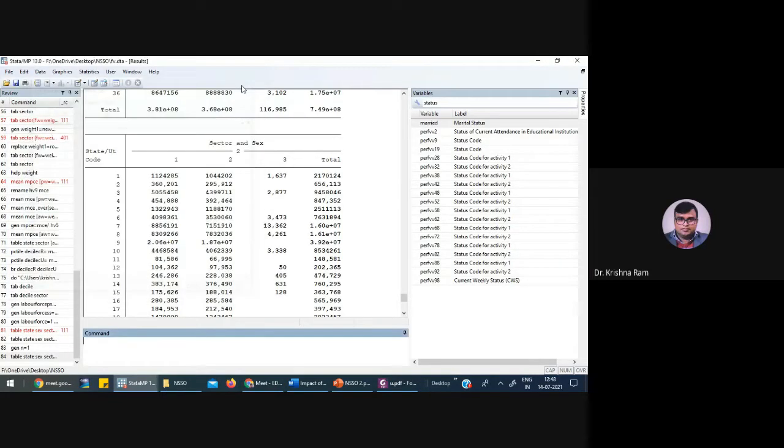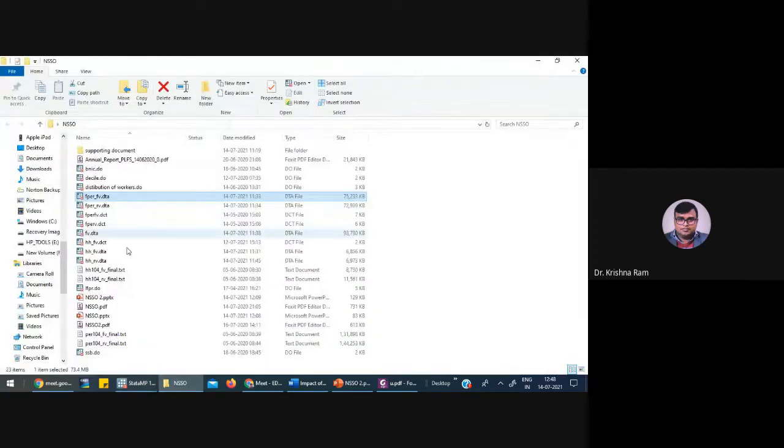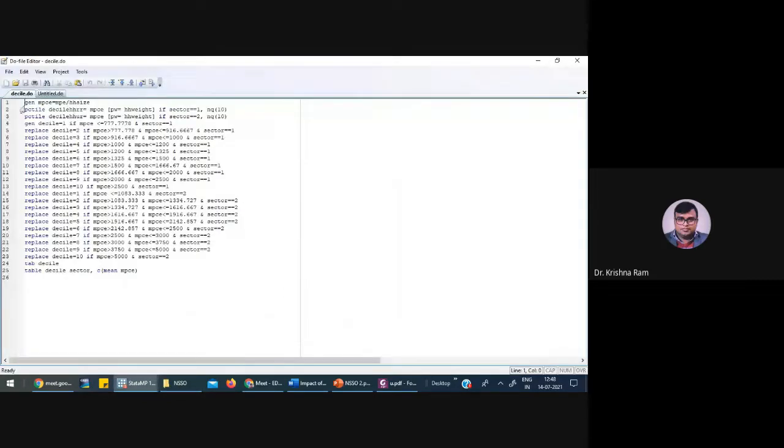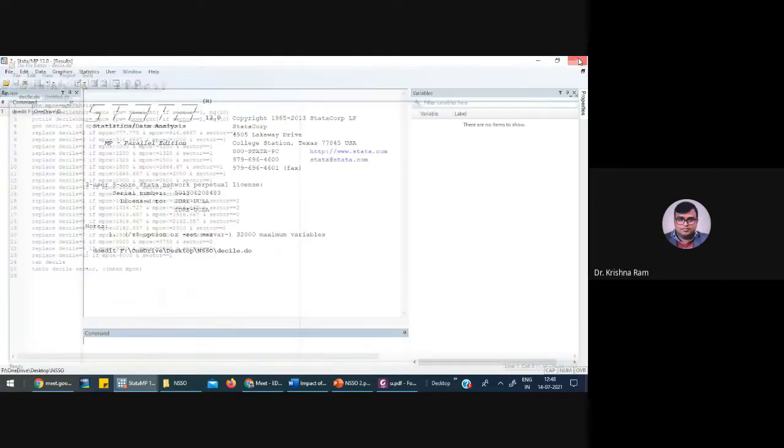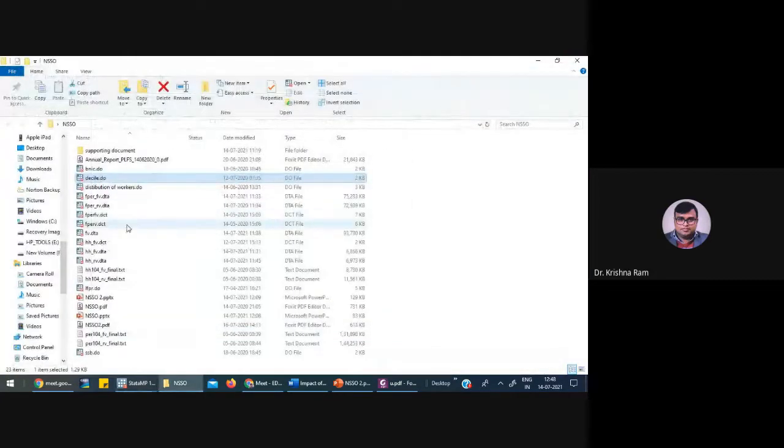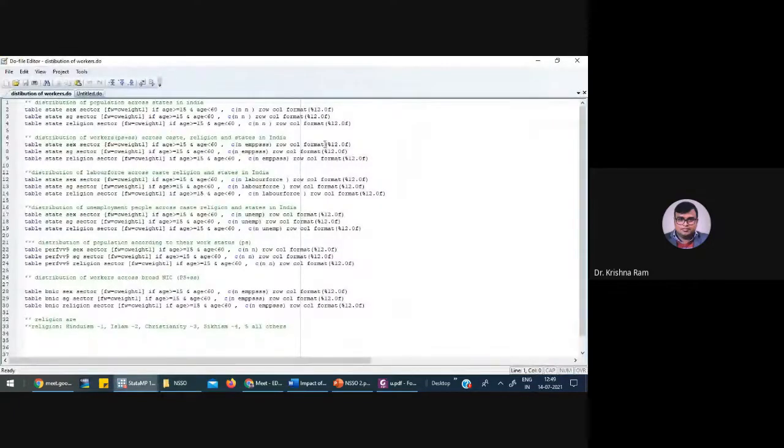Just to let you know, if I look here, this one is for decide. So I have created a do file for decide. First I created this do file, and then when I run it, I get the decide variable. Similarly, for distribution of worker, look here,